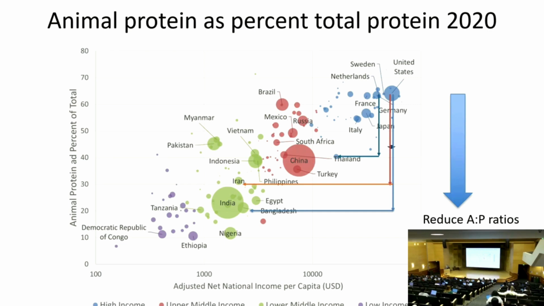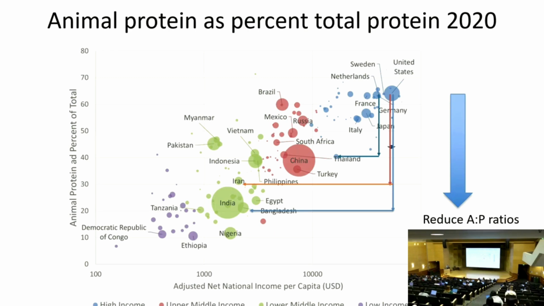But you see on the map here, on this graph, there is nothing there. There is no precedent for countries with high-level incomes to have a plant-based protein diet. There are no such countries. So if you want to really have a diet with low animal-to-plant protein ratio, you have to go down the horizontal line to the left. And then you come across countries such as India and China and Bangladesh and Thailand and so on.